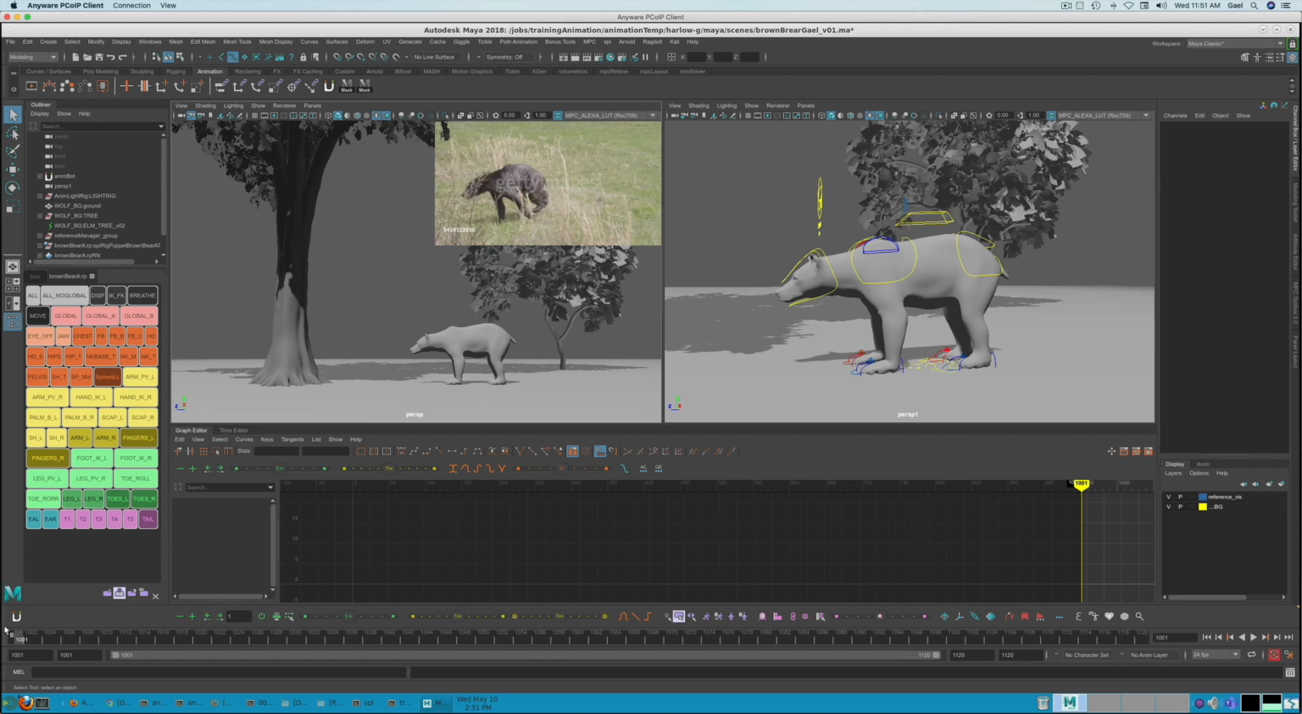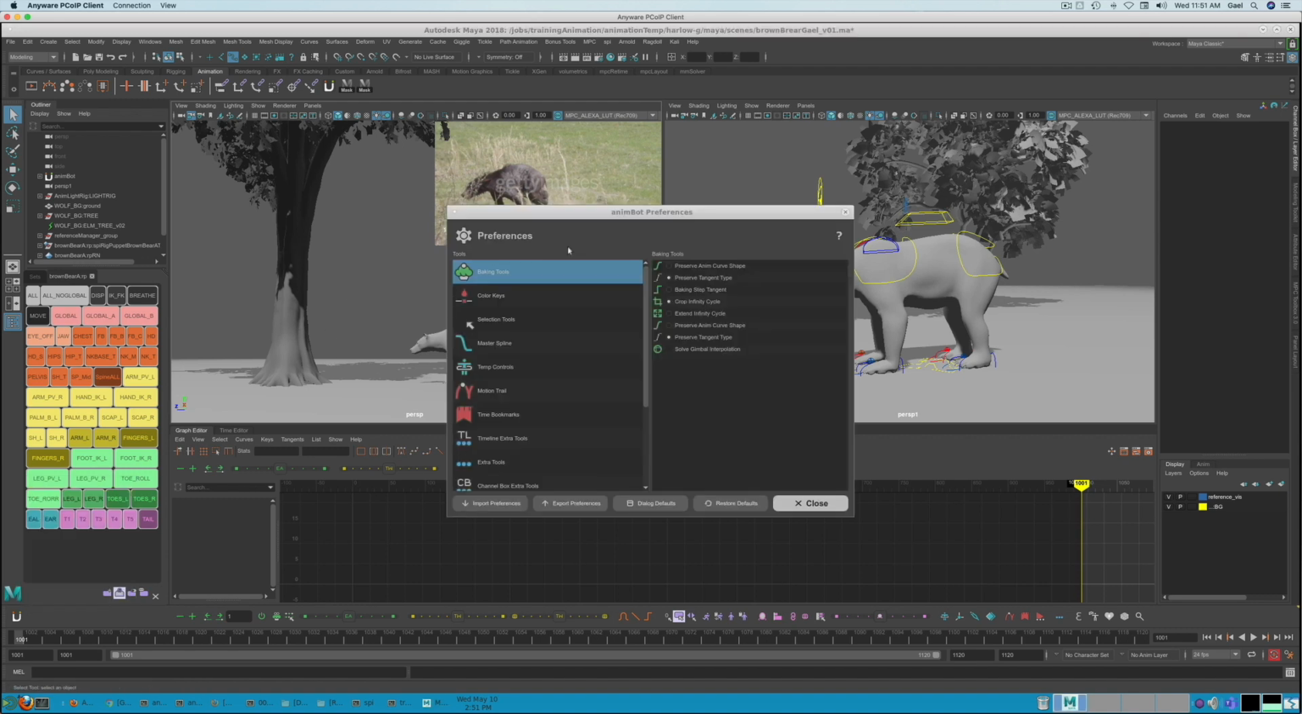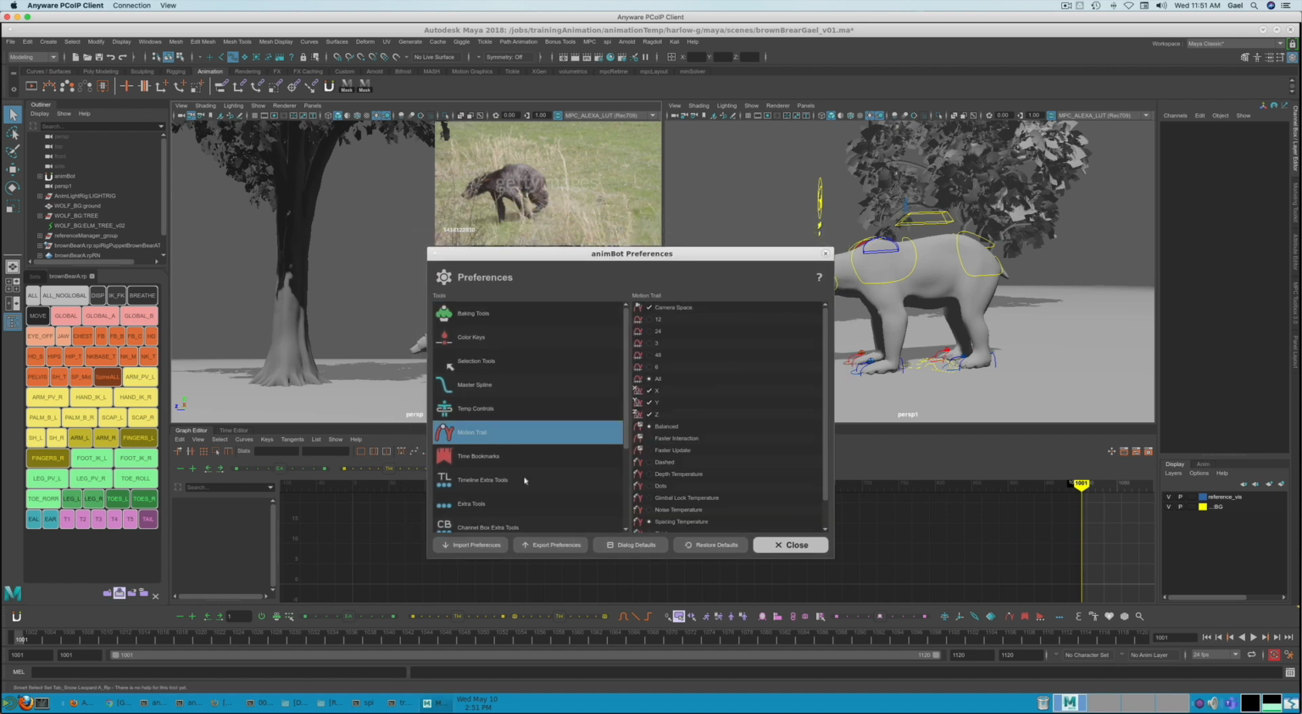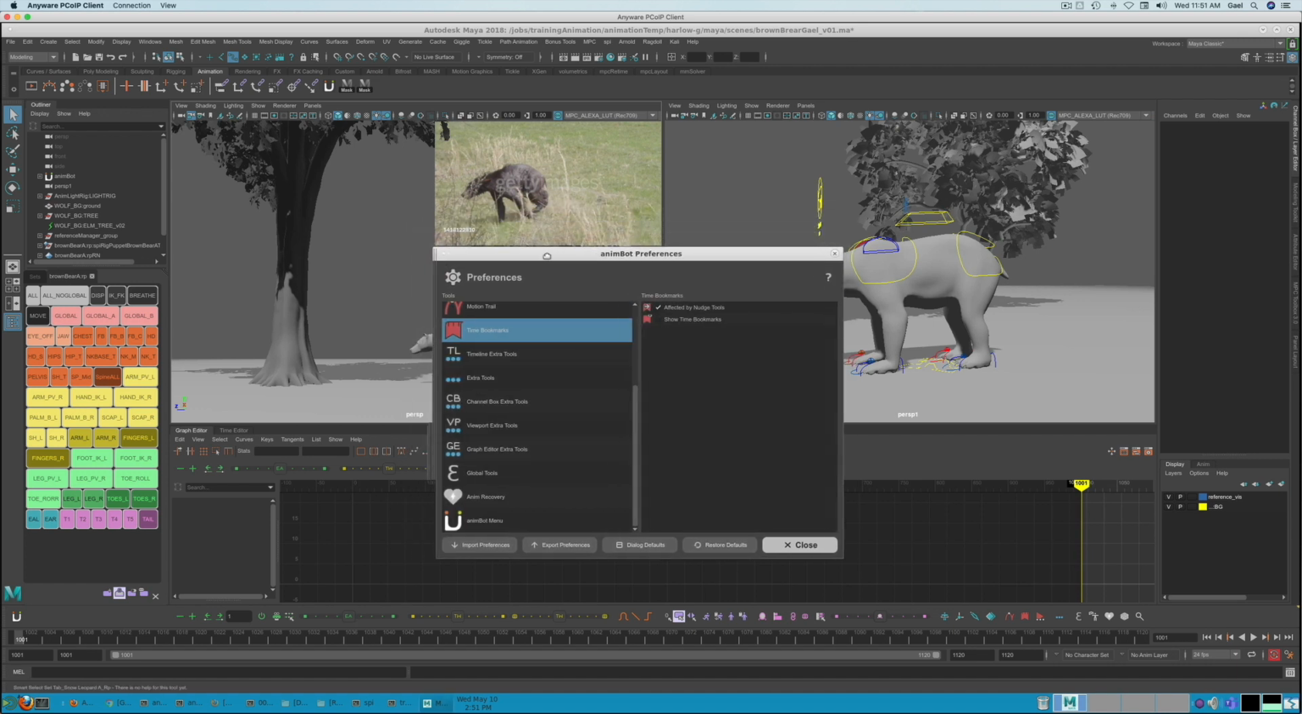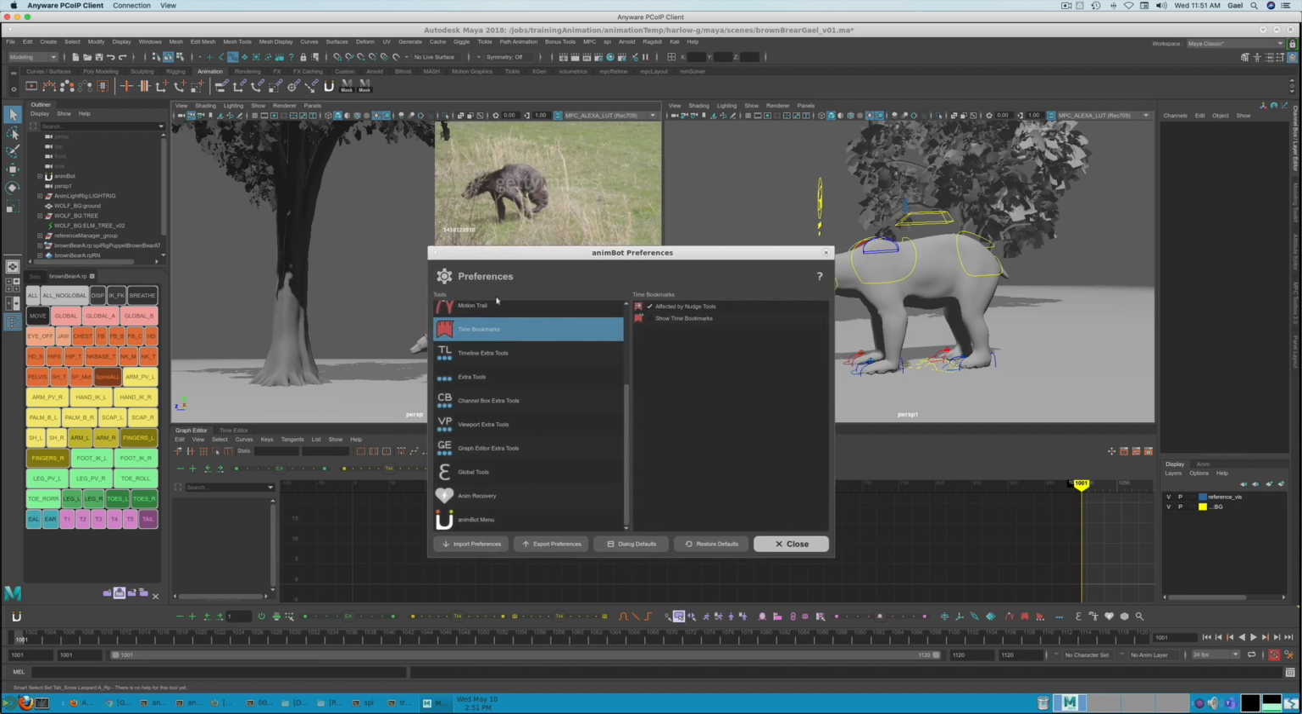AnimBot has a lot of features. Over here under the U, if you go to Preferences, this is where you're going to be able to set up the preferences for your working experience. Some of the preferences that I think are really important for you guys is to make sure that under time